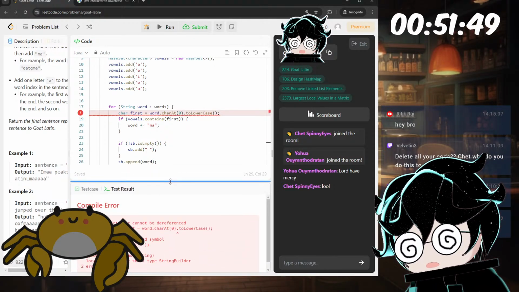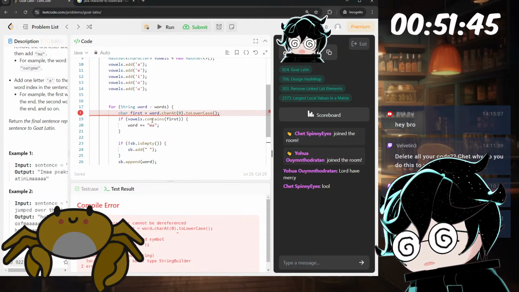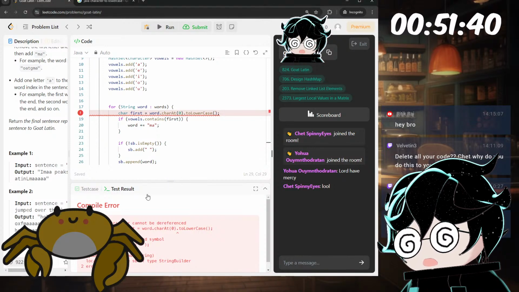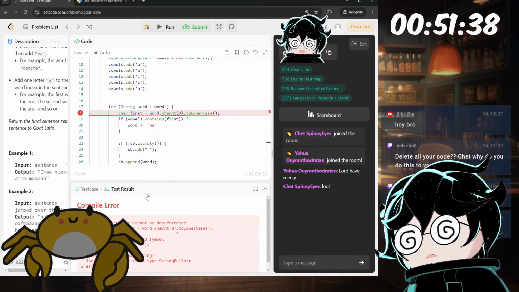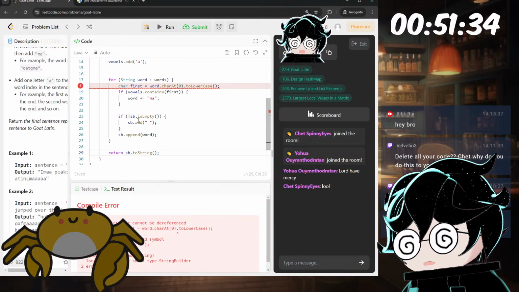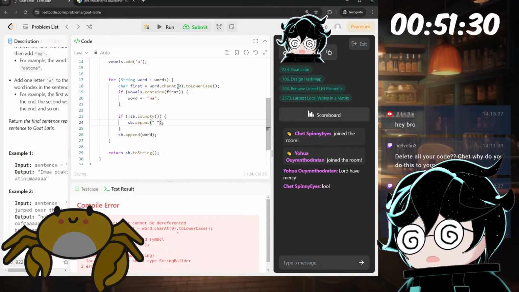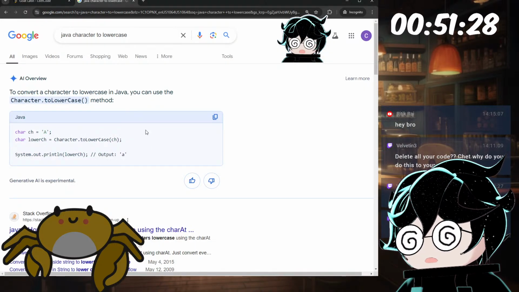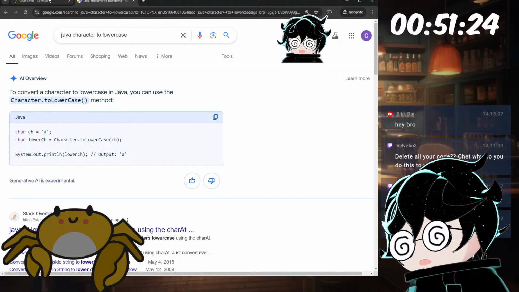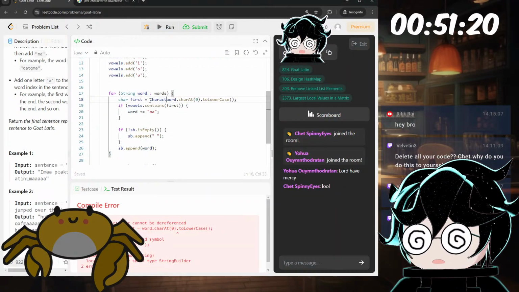Dot to lowercase, character cannot be dereferenced. Wait, what? Well, okay, so this is sb.append. Character lower ch is equal to character... oh, I see what's going on. I used the method incorrectly.